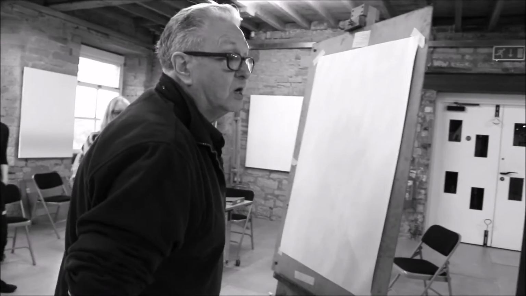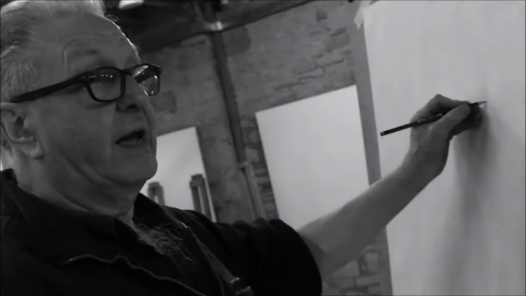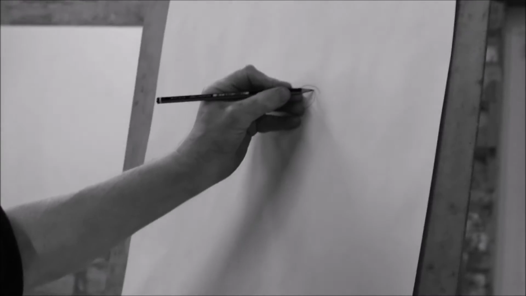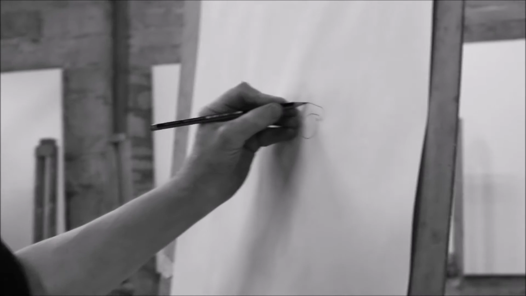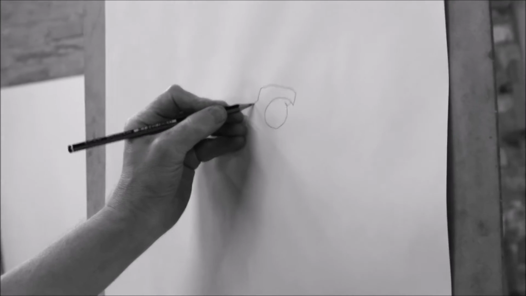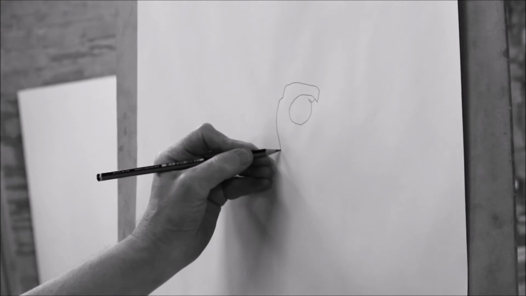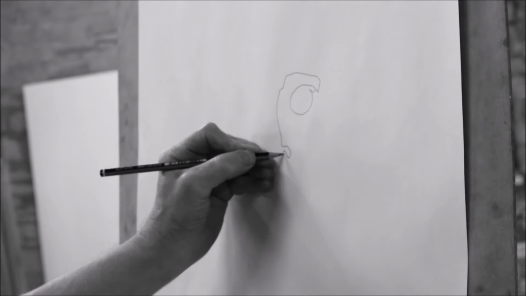Now, I'm going to start off, and I don't look at the drawing. And I usually start, as a good place to start, with the eye. So I talk myself through the drawing. I say, well, here we go, I've got the eye, which comes around here. And I'm trying to pick up the idea of the form of the picture as I'm doing it. Now that comes over there with the eyebrow. It comes down the bridge of the nose, it goes underneath here, it comes up and over,